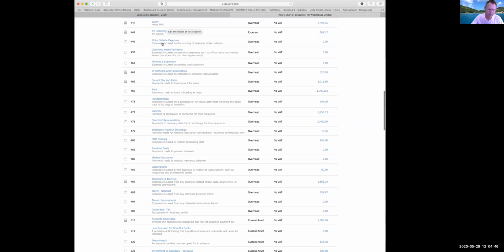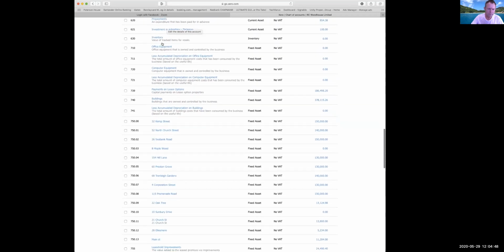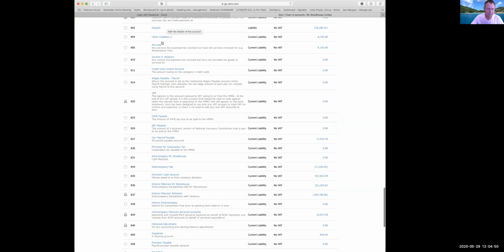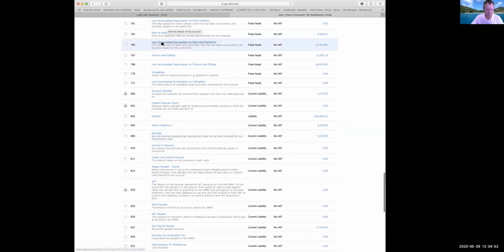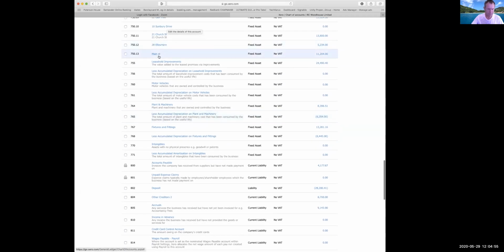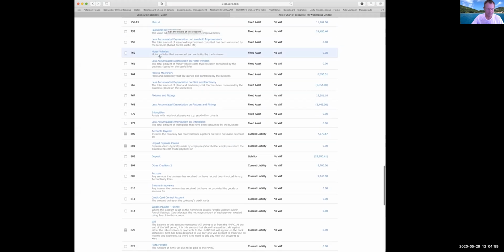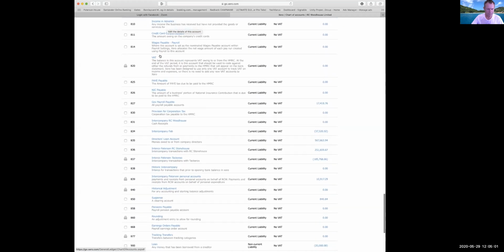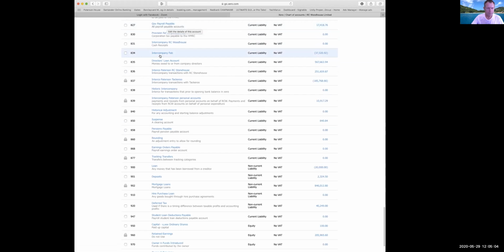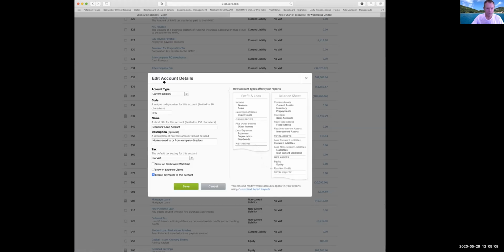And I'm going to find an example of that further down in the balance sheet section of the accounts. For example, I'm looking for some intercompany accounts here. Here we are. So, for example, a director's loan account. You can click this box here to say enable payments to this account, which basically means that if you are to enter